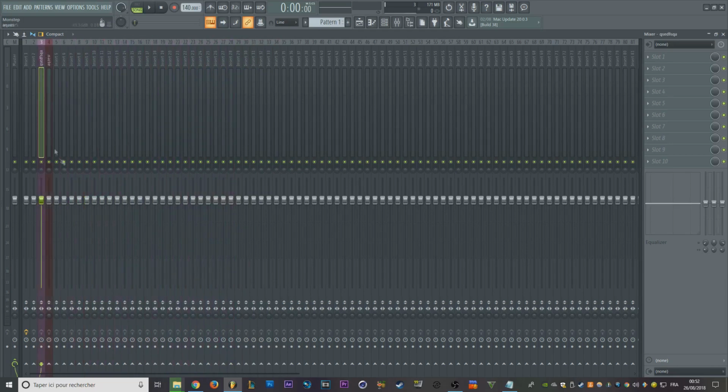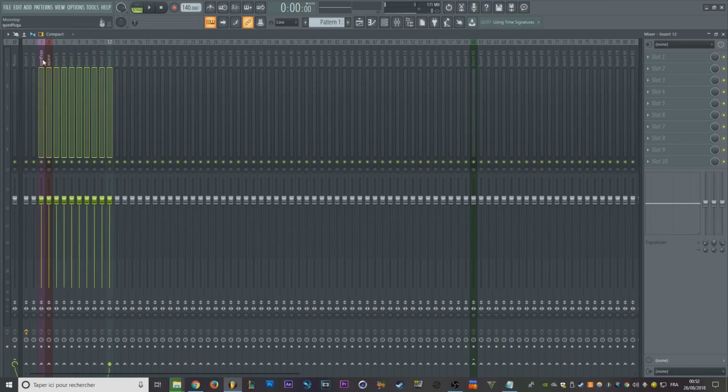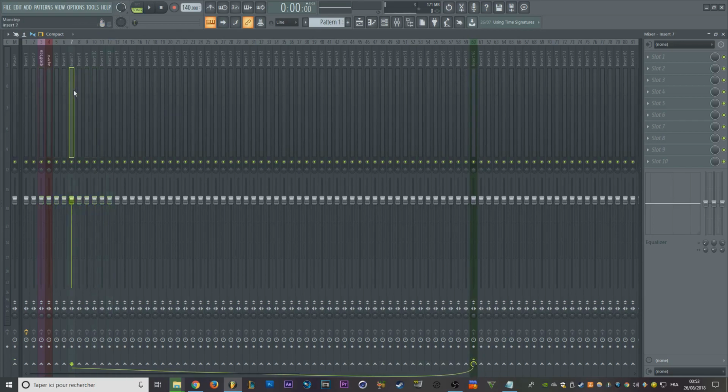And if you have routed those channels into other channels, like for example this one, if I route it here and move it, it doesn't affect the routing. So you can select multiple channels if you hold Control plus drag your left click, and then you can route all the selection into the same channel by holding Control plus left click on those arrows. So I want them to be routed by this one. So as you can see here,